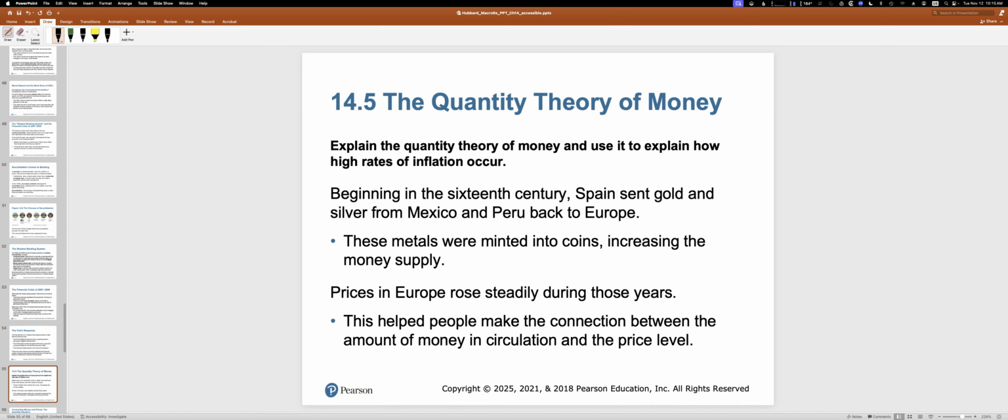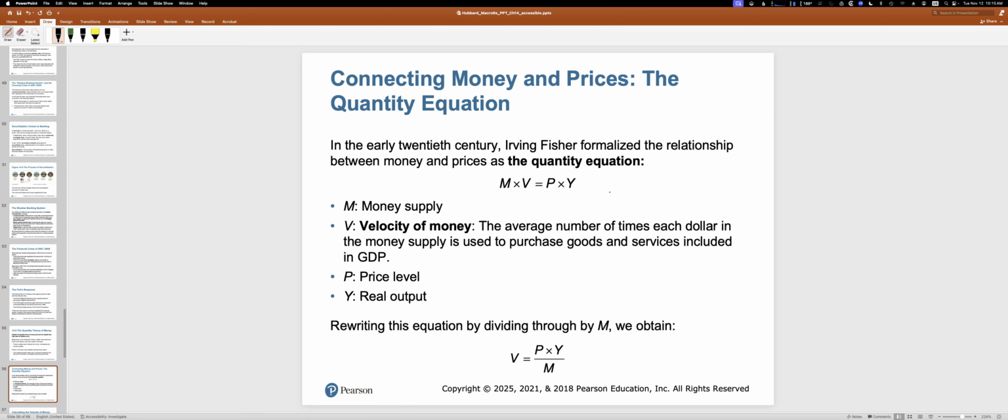The quantity theory of money is something that I still subscribe to for the most part. What it does is connect inflation to how much money exists. So I am a believer in the quantity theory of money. Not everyone agrees with me, so let's just let that be known here. But essentially what we would do is create an equation, the Fisher equation.